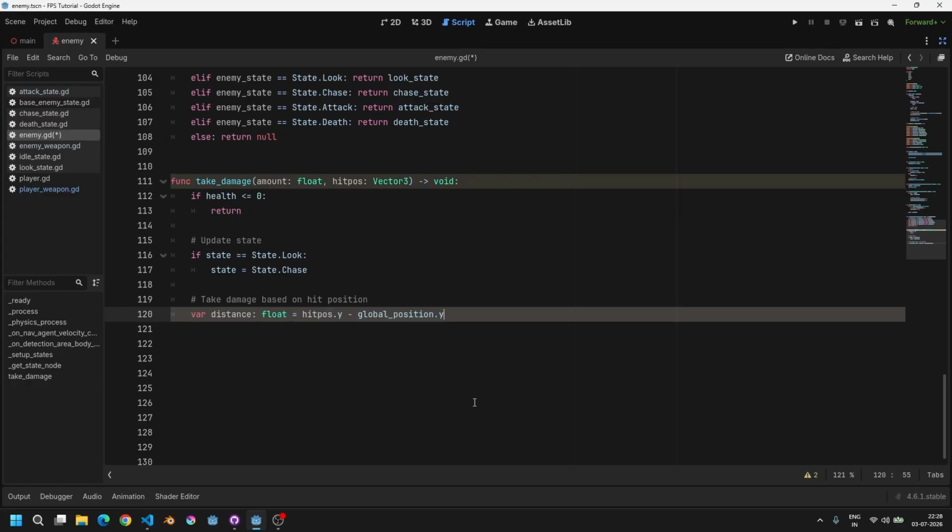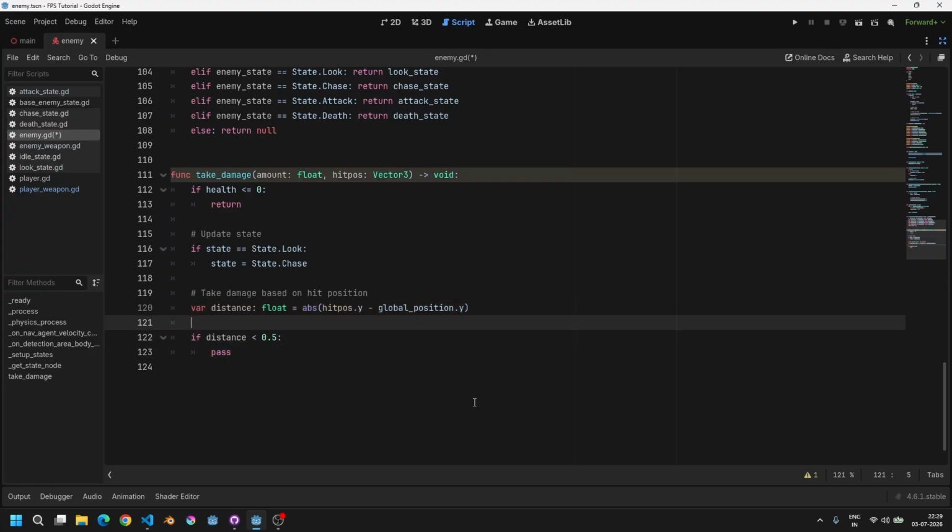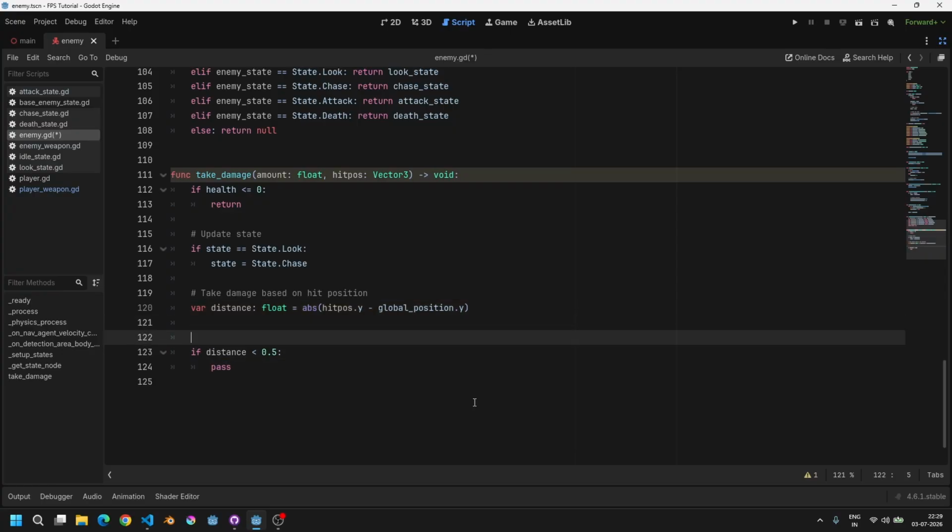Okay, and we want to have an absolute of it. So yes, this part is done. So if our distance is say less than 0.5, that means our distance to the hit